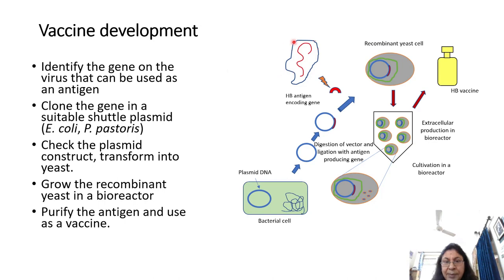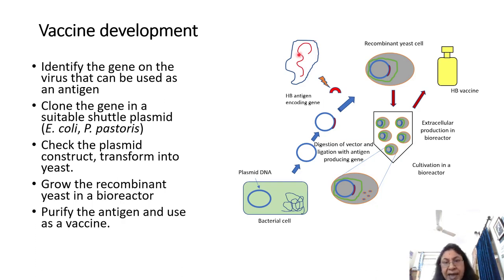So here I have a picture of a virus, and the virus also contains either its DNA or it could contain an RNA. A virus codes for a certain number of proteins which are going to be coded for by certain segments of genes on the virus. So all this is already known to you, and today with the availability of the genome projects and so many things like for your COVID-19 virus, because today we are at a stage where the entire genome can be sequenced in a very rapid rate.